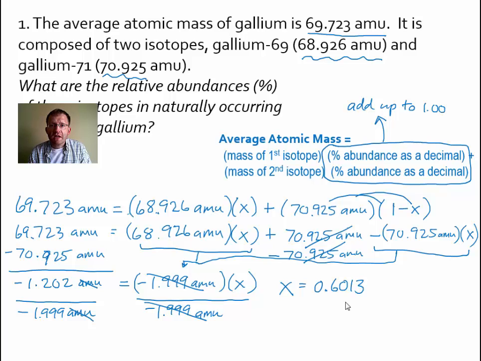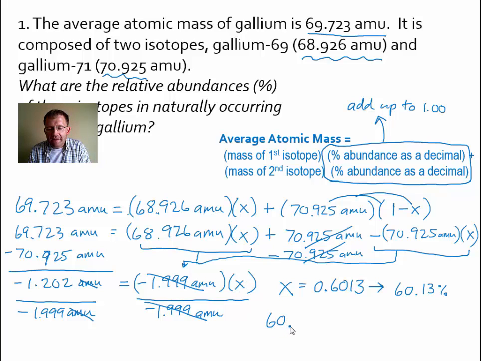0.6013 represents a percentage. Well, what is that percentage? Hopefully you can look at it and see that 0.6013 is the same as 60.13%. Okay, 0.6013 written back into percentage form is 60.13%. So in other words, in this problem, x is 60.13%, or of all the gallium in the universe, 60.13% of